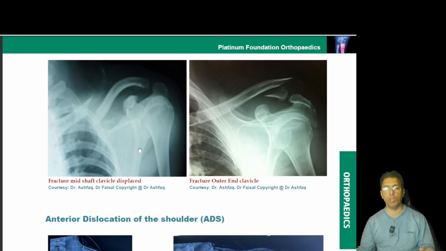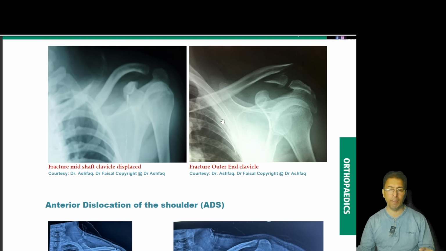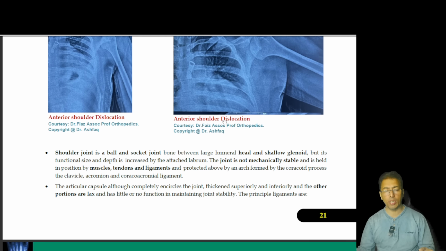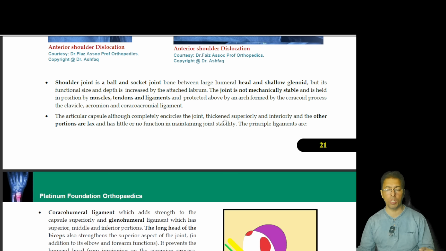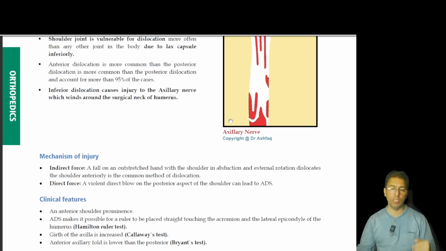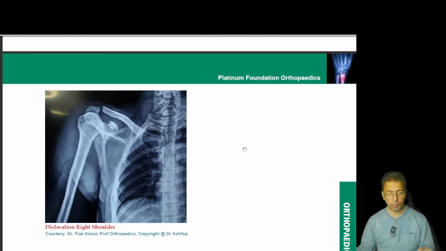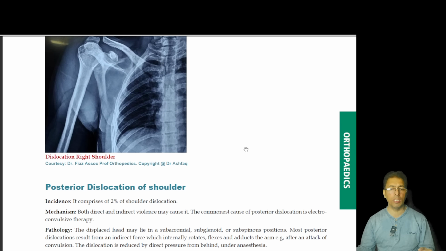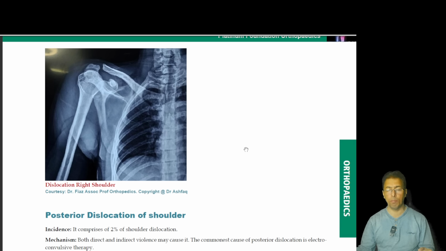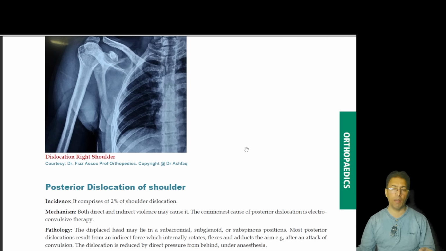We have tried to place them in a very chronological order, starting from the clavicle to the shoulder, all the clinical conditions associated with the shoulder, dislocations, anterior, inferior, whatsoever, the nerve injuries related to the humerus, the bones, along with the, I mean, these are original pictures. The most satisfaction is that we have our own collection.